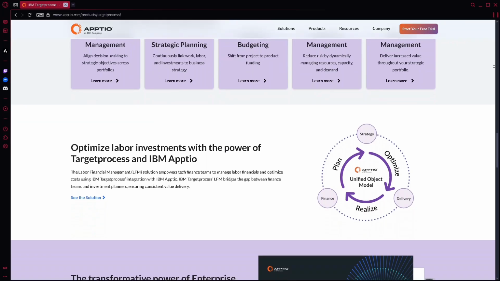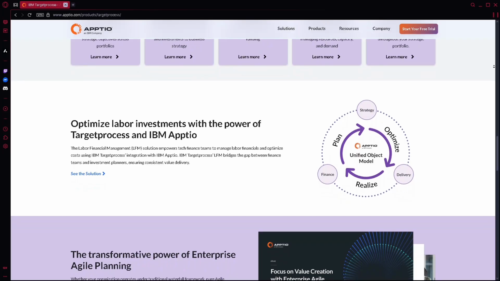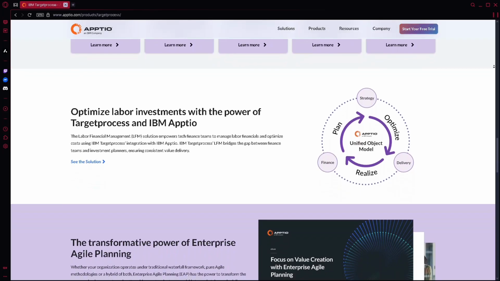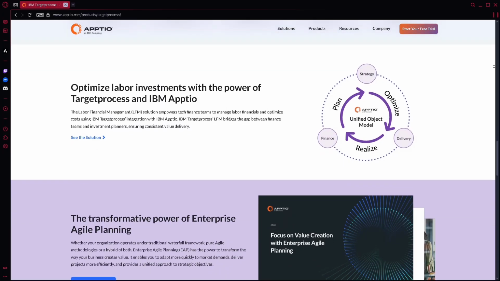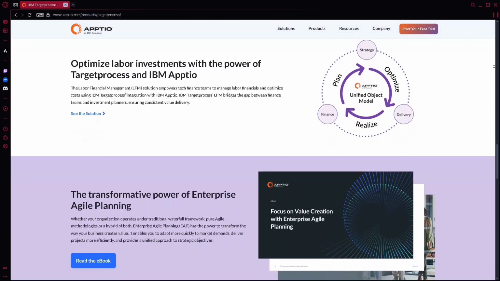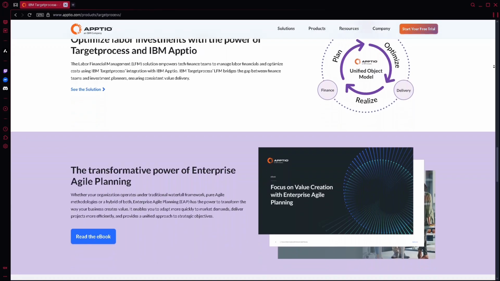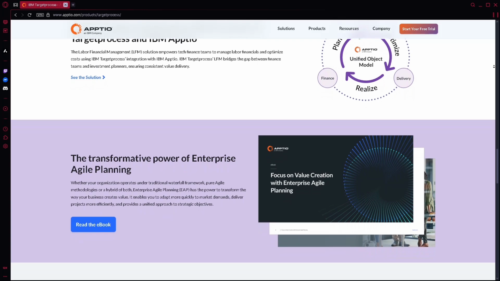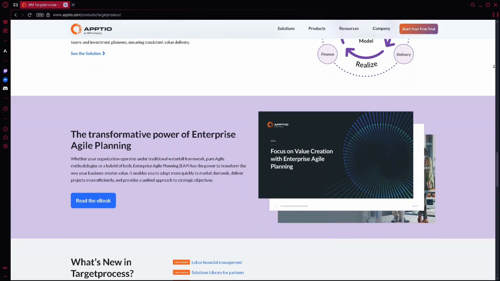Now for reports, it is custom charts, metrics, and performance dashboards. Use built-in or create your own for burn downs, velocity, cumulative flow, etc. Now on entities, it is quick access to all work items like features, stories, and bugs. You can filter by project, tag, team, or status.